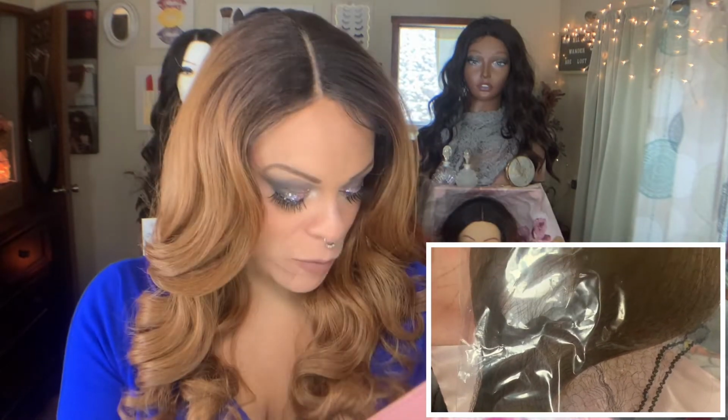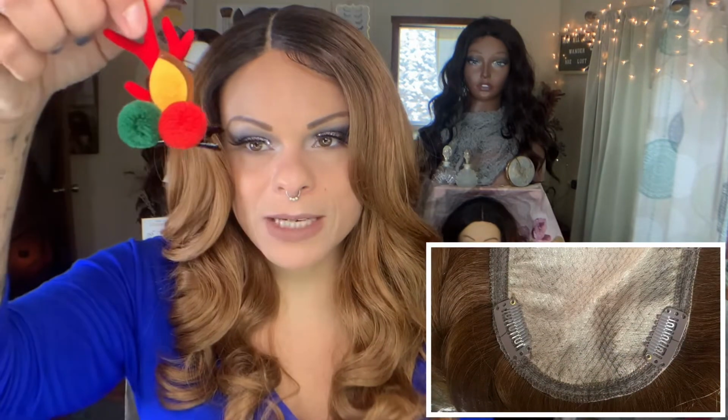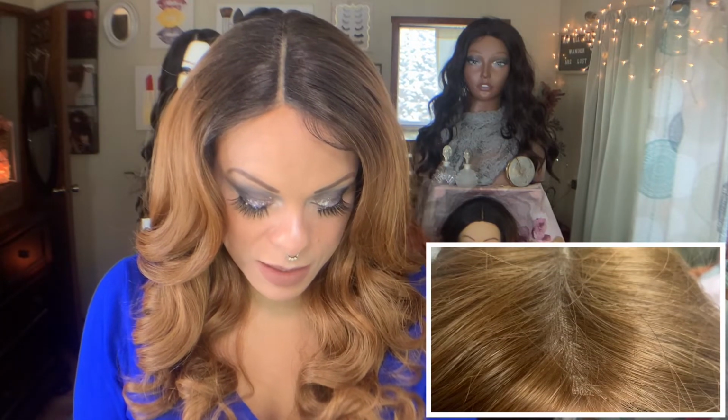That was the other thing. It came with these, they're reindeer ear hair clips. Let me take them out. Yeah, so they're little hair clips that are like reindeer ears, so you could be like psh, psh. So I think I'm going to gift these to one of the people that purchases from me on Poshmark, because